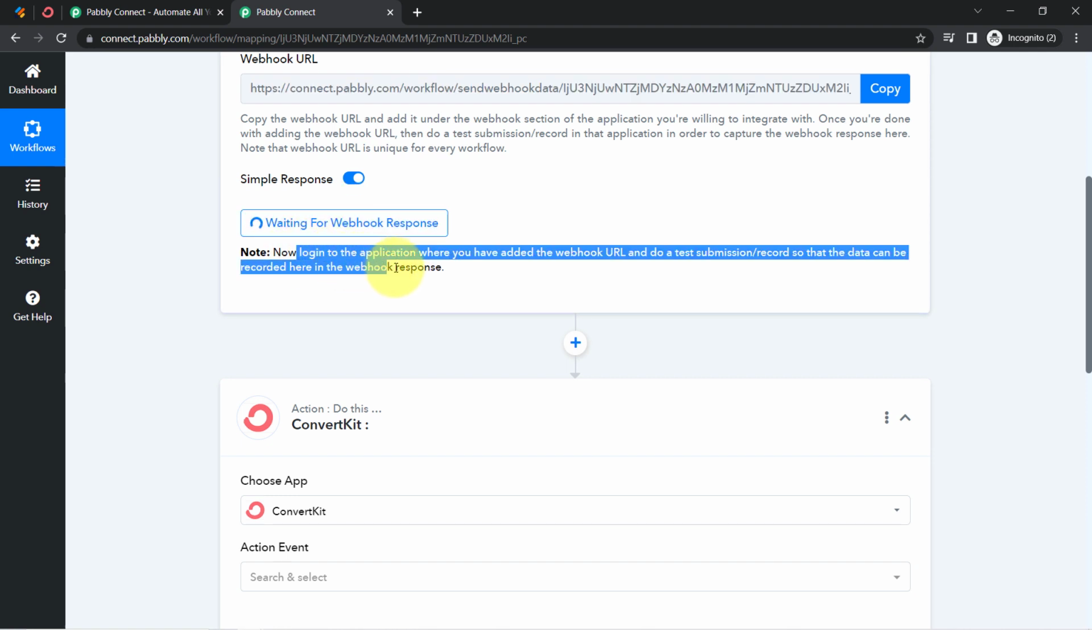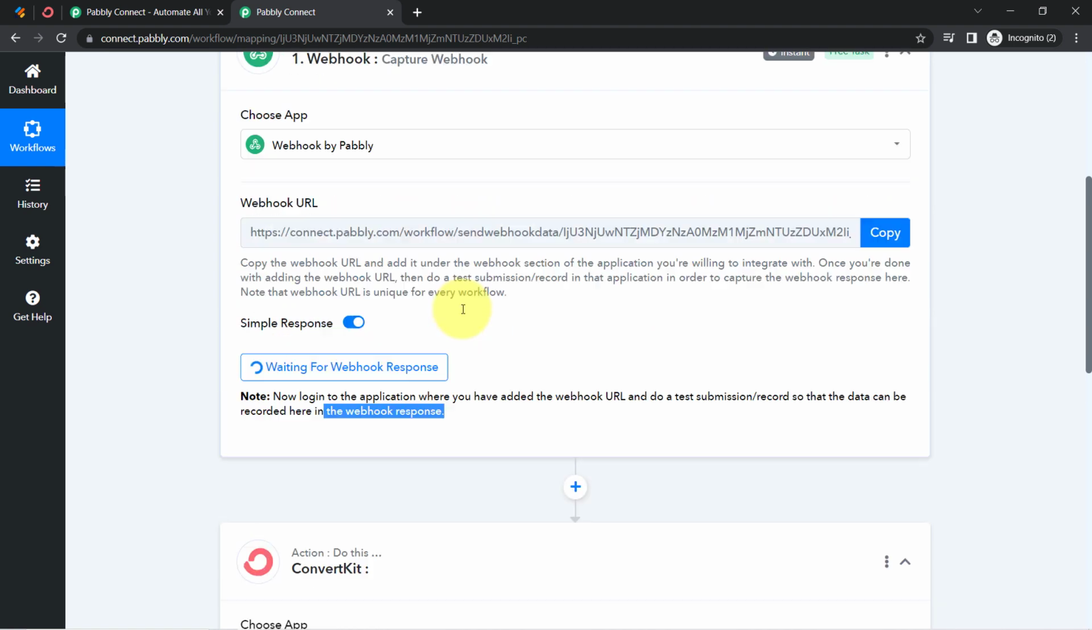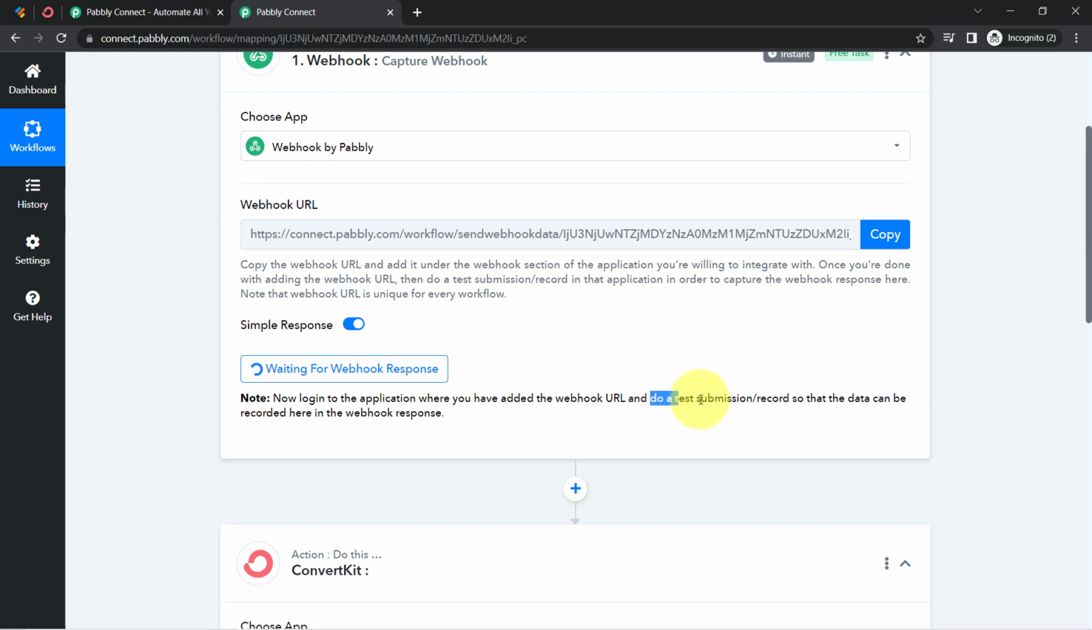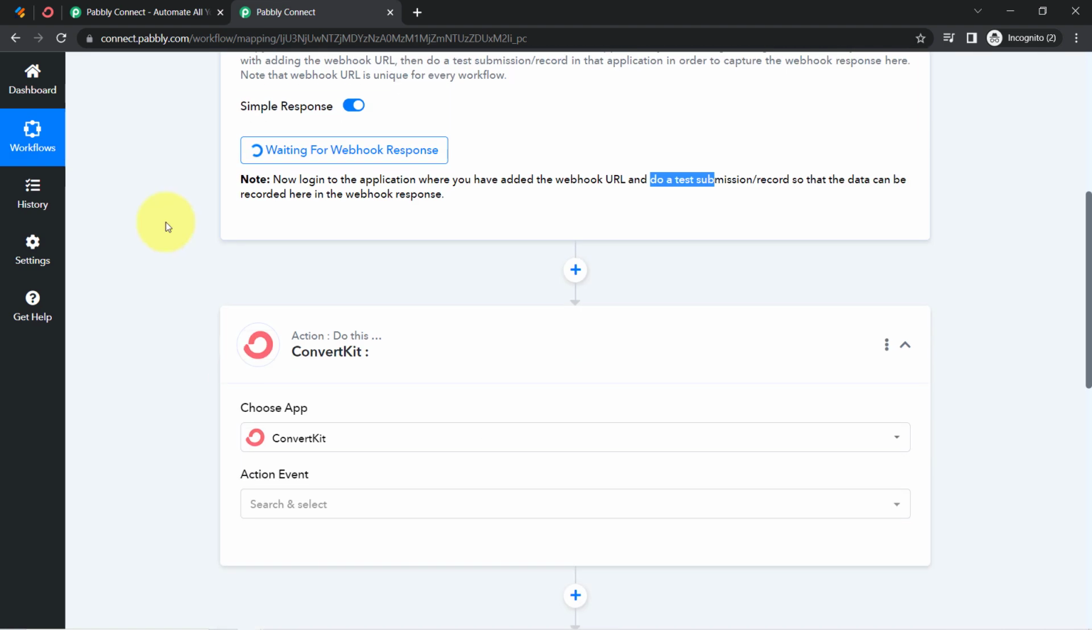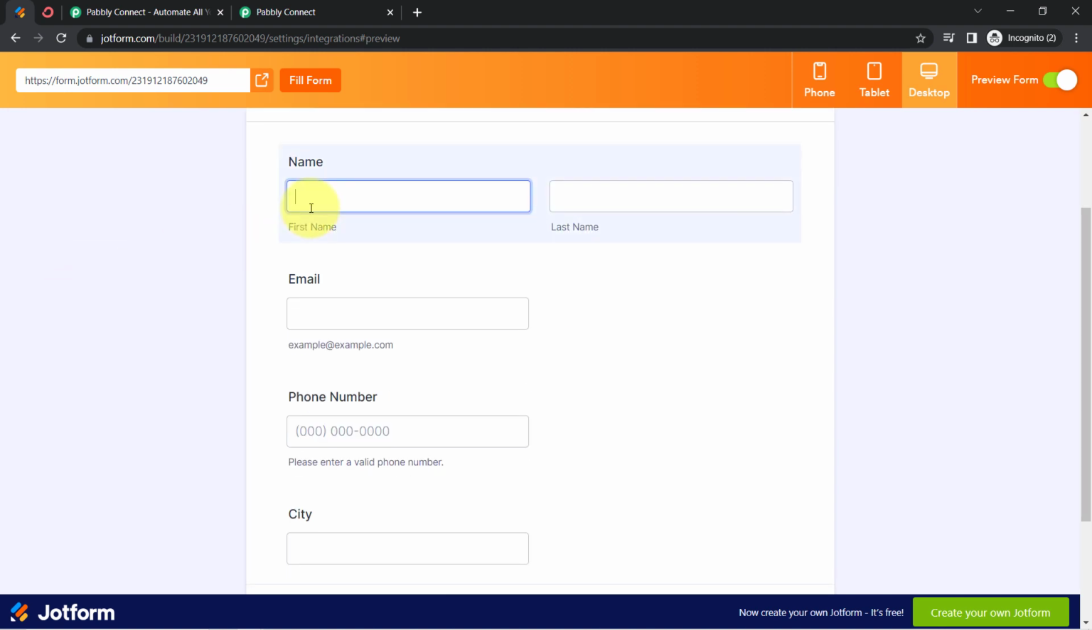You can even read the instruction here: log into the application where you have added the webhook URL and then do a test submission or record so that the data can be recorded here in the webhook response. Okay, so basically it is asking to do a test submission, and here the test submission means creation of a new form response. So how about I add some dummy details in this form and make a dummy submission, and then I will show you how the same data will be captured automatically via Pabbly Connect as a